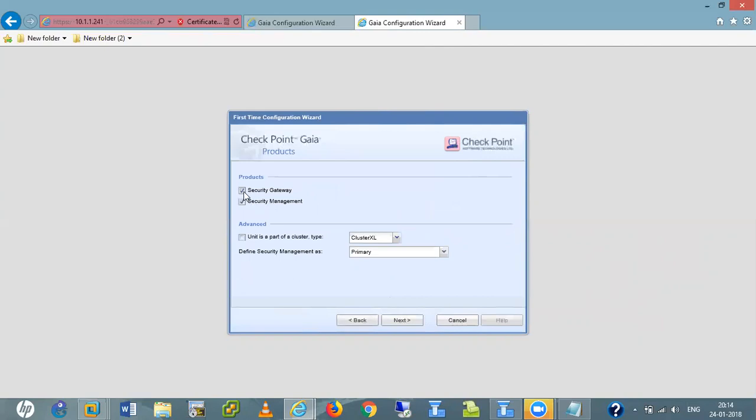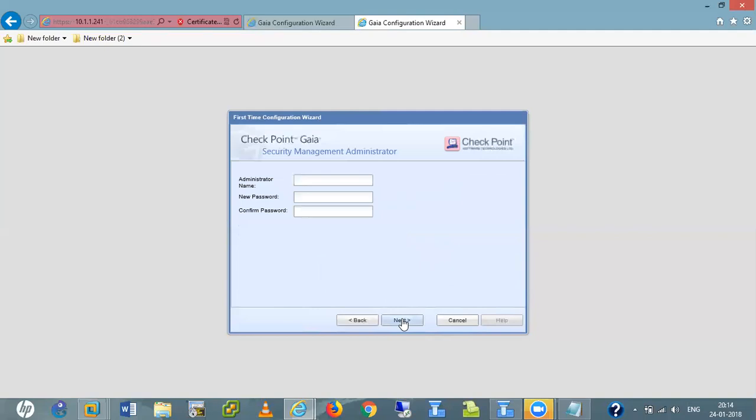Here I am going to make this a security management, primary, also log server and SmartEvent. So now log server. Here I set the administrator name. I'll change the name for this, I'll give my name Hemendra.